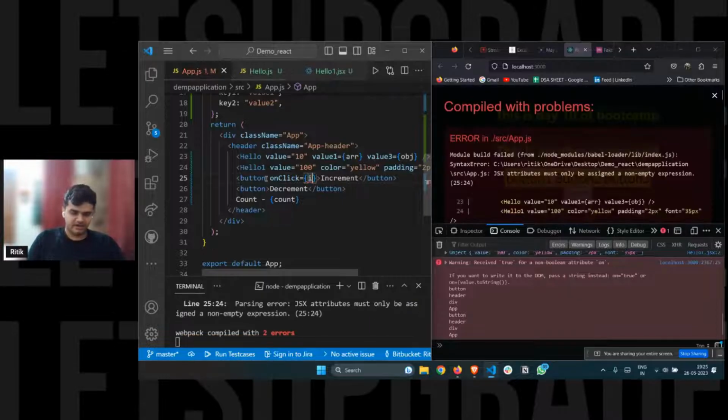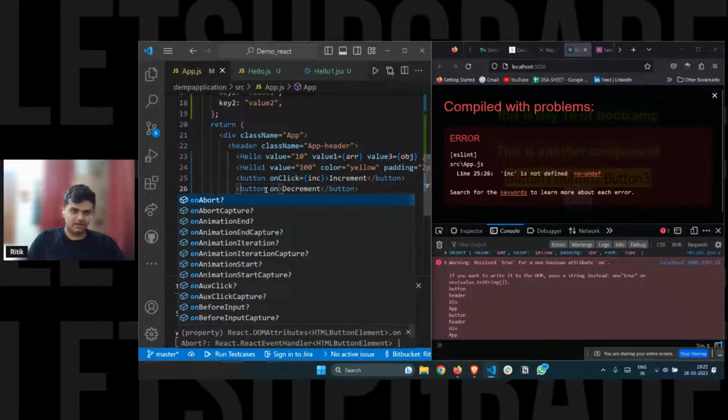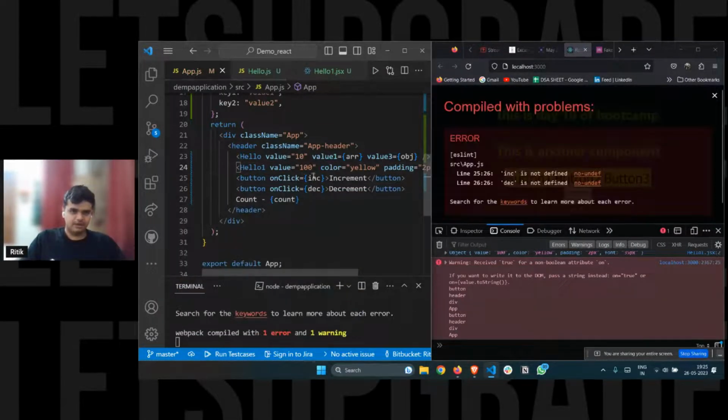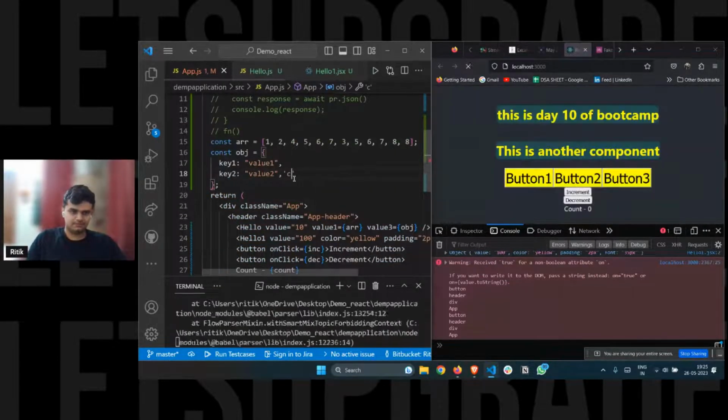On-click. And let's suppose I'm creating an increment function. The name is increment. And similarly, I'm making on-click and I'm using a decrement function. Okay. Now I need to declare those functions. So let's suppose